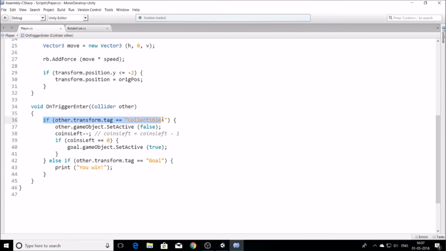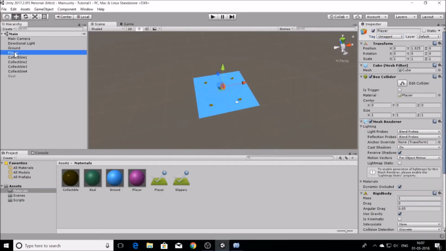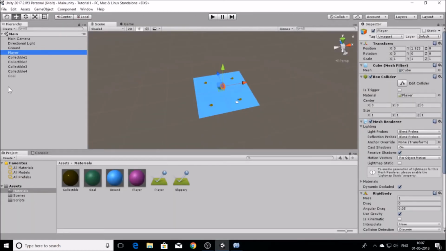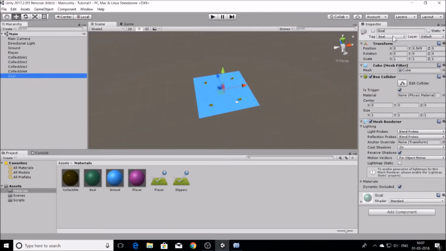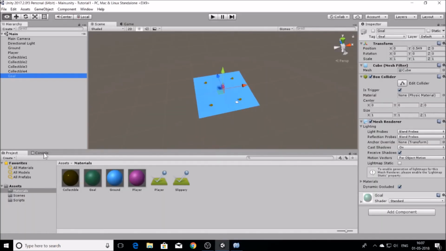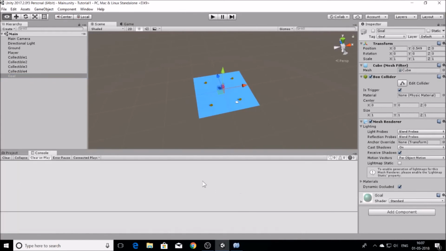What the player will do is, if it collides with the goal, firstly it will check if it is a collectible or not. Does it have the tag as collectible? But we have it as goal, so it will skip this and check if it is a goal or not. If it is, then it will print you win, and that print would be in this console tab,